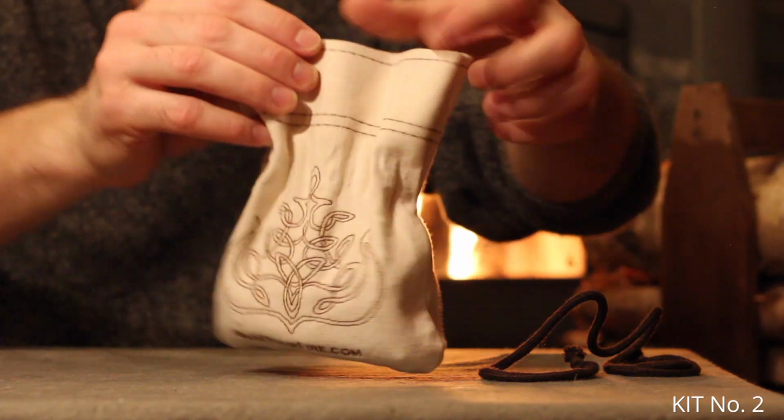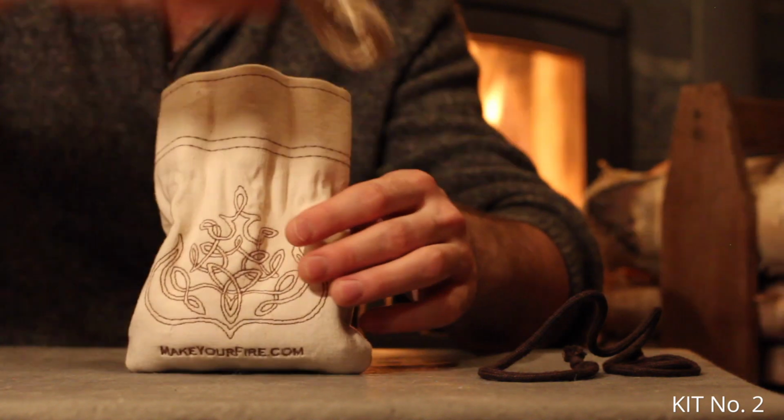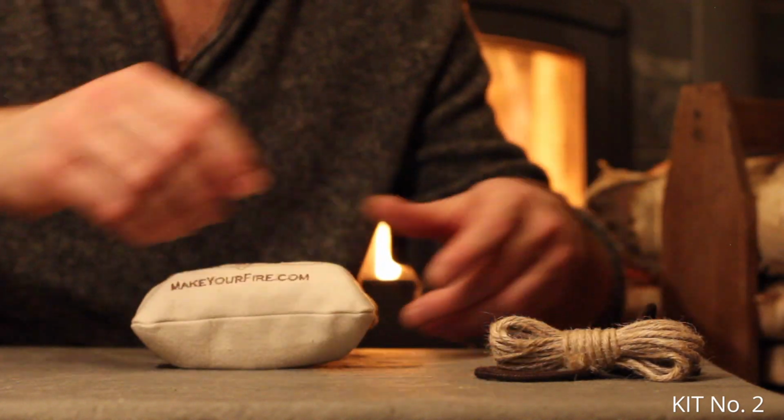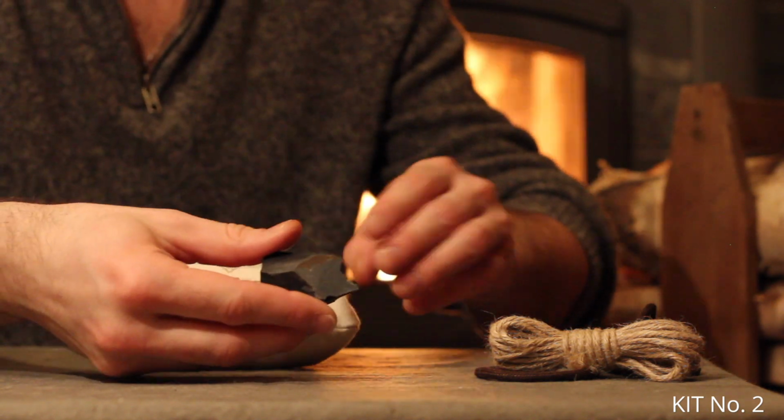This kit is best suited for those who intend to set off on long trips. In this kit you'll find a bundle of jute twine, which you'll need when preparing your dry kindling, a big piece of flint,